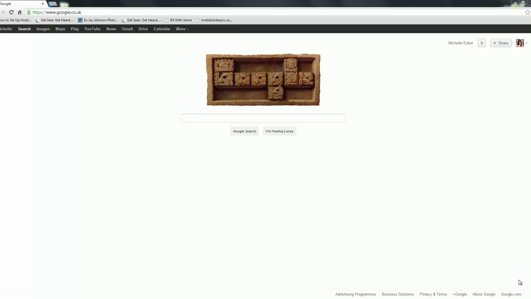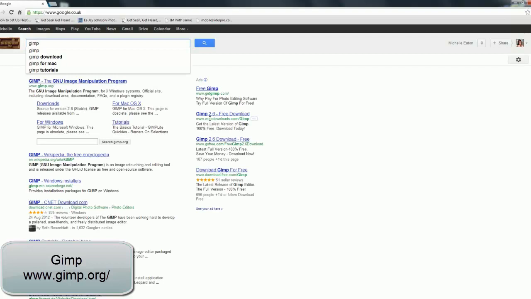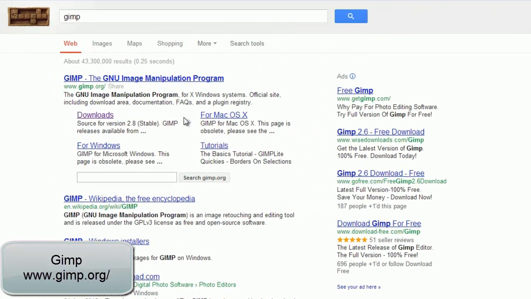In this video, we're going to extract a background from an image so we can place that image anywhere we choose. We're going to use a program called Gimp. So if we go to Google and type in Gimp, we're looking for gimp.org,